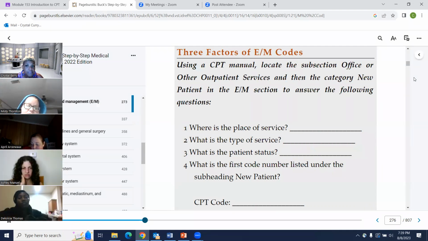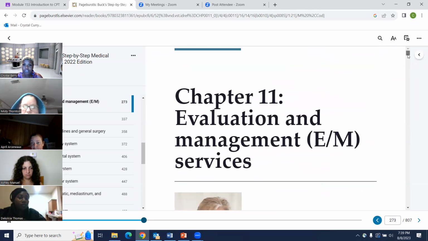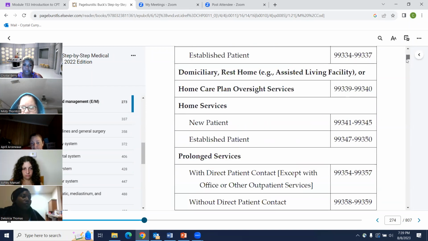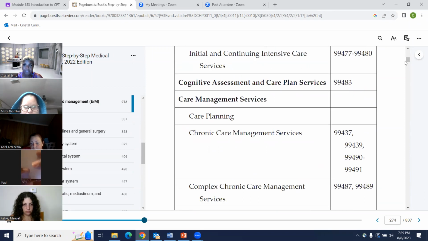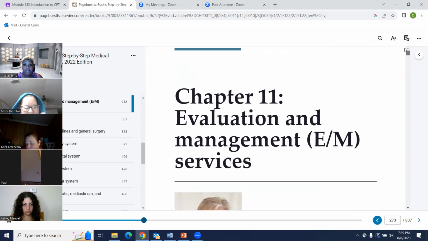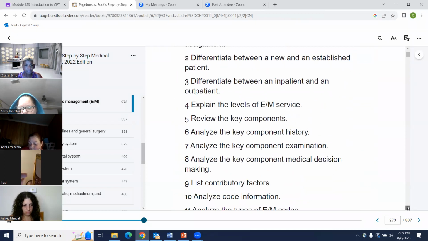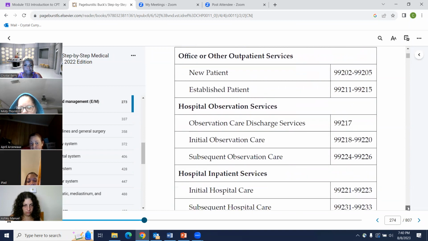Okay, so let's go back up. So see, that's why we have to make sure we're understanding what we're reading. Is it office visits, admission, consultation, and prolonged? Right, that's the type of service. Consultation, admission, those are the types of service. So that's right here.